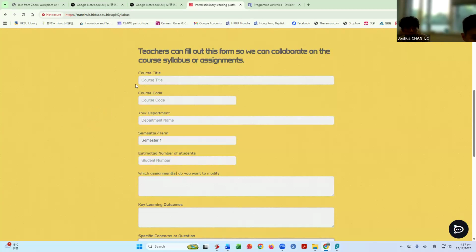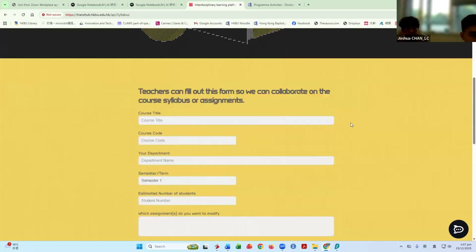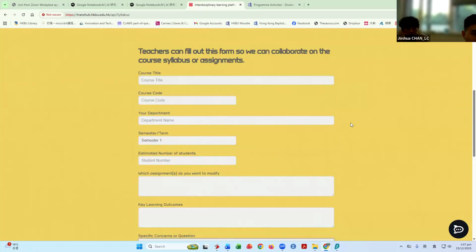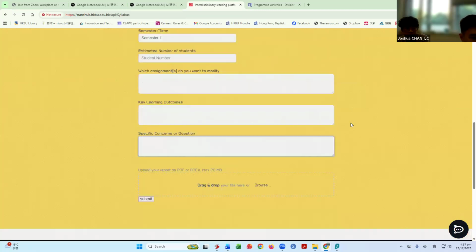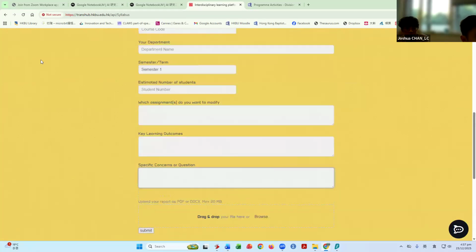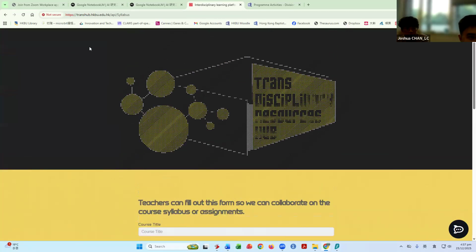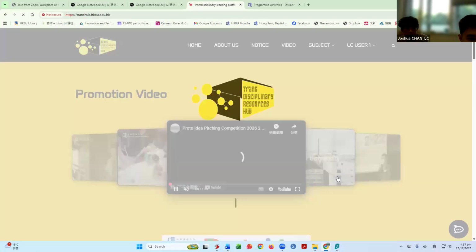So that's a website for teachers to share with us a course that they want to modify, because this is one requirement in the language education paper. Okay, so I'll just exit here.